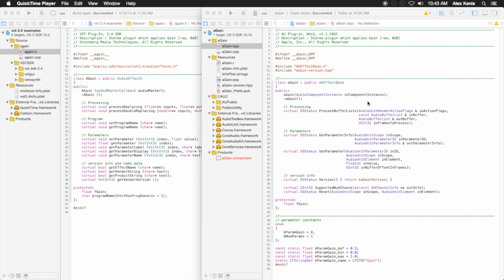I thought I'd make this because I've seen some questions on forums where people are very familiar with the VST SDK, but they're not as familiar with audio units, and they want to know the basics of porting a VST effect over to audio unit, which is actually fairly simple if you know what you're looking at. It gets a little more complicated when you have effects that are more complicated, or if you're talking about custom UIs. But right now I'm just going to show the very basics using the example from the VST 2.4 SDK,